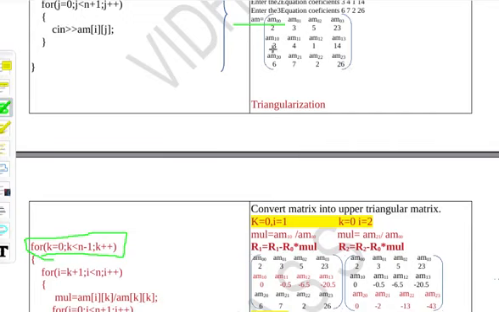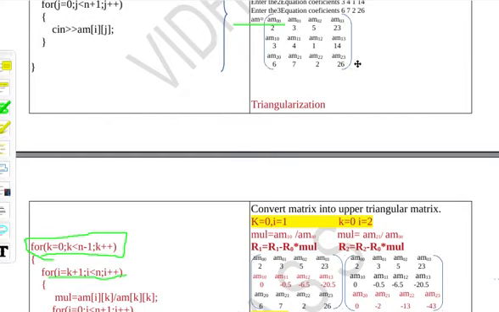If in the second iteration I make the second row the pivot row, I have to make changes to the remaining rows of the second row. So the changing row will start from k plus 1. That is, if it is 1, I have to start from 2. If it is 0, I have to start from 1. That's why this loop will start from k plus 1, and this will end up at the remaining rows.